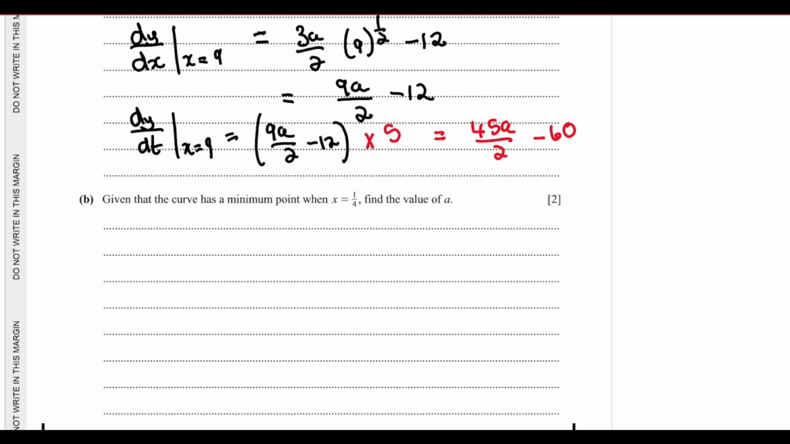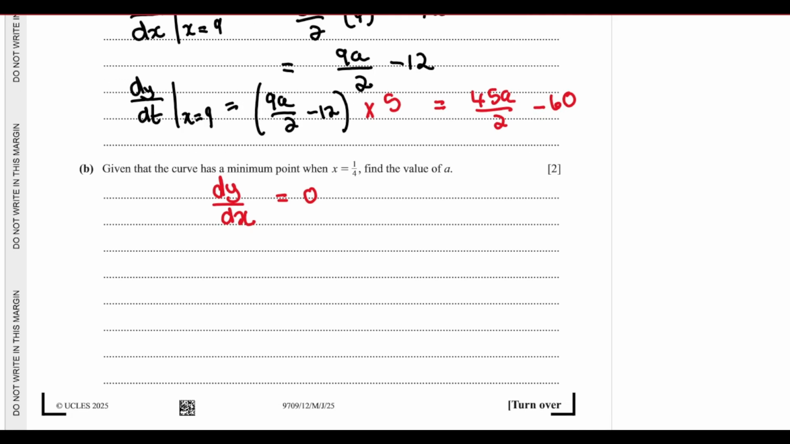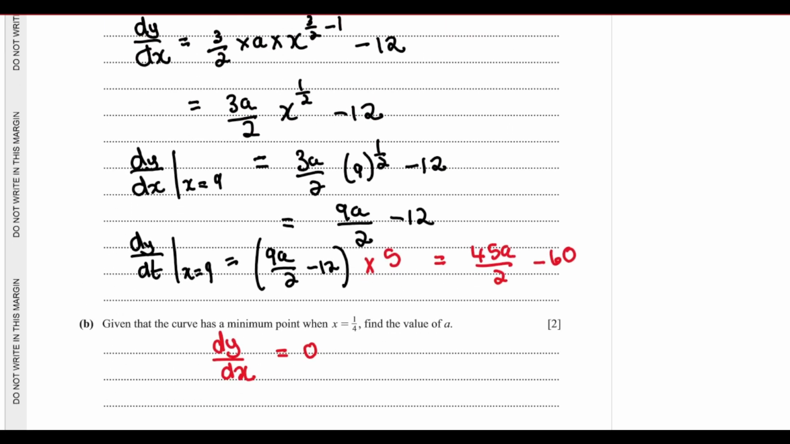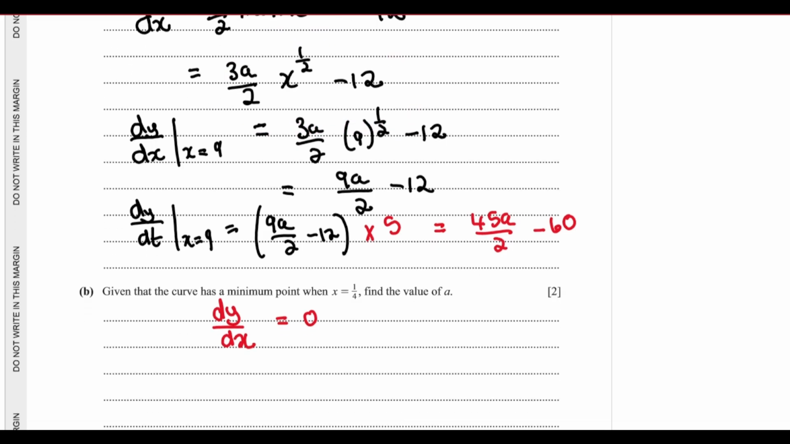Okay, question B is more based on chapter 7. Given that the curve has a minimum point when x is equal to 1 over 4, find the value of a. Okay, when does a curve have a minimum point? When the derivative of that curve is equal to 0, or even if it has a maximum point, a minimum or maximum. Let's take our dy/dx, which we already found over there, and equate it to 0,